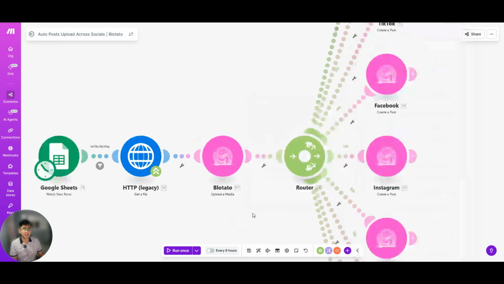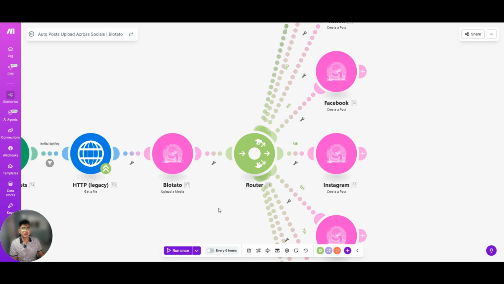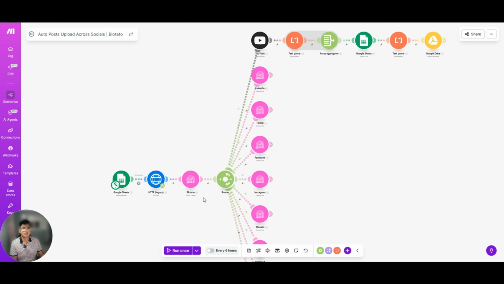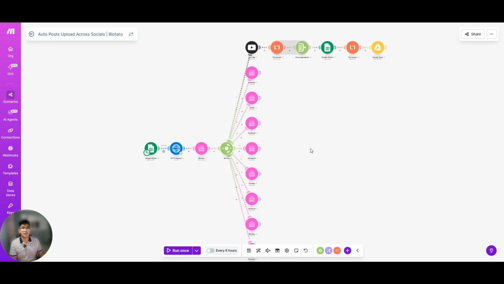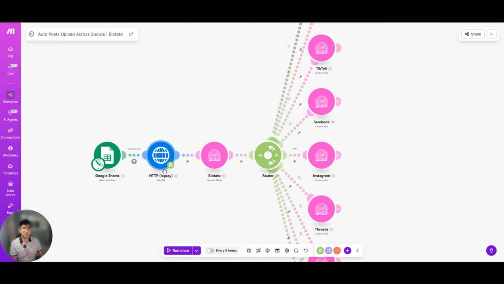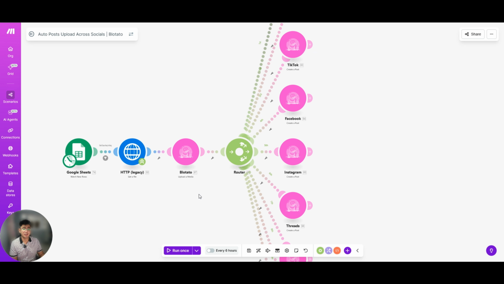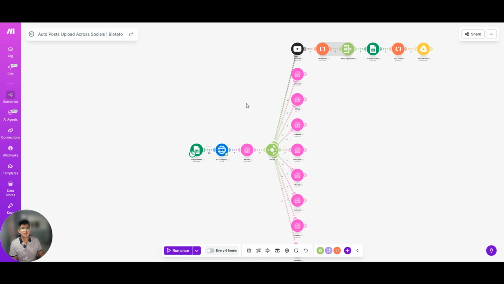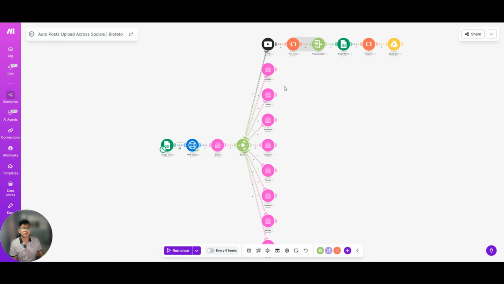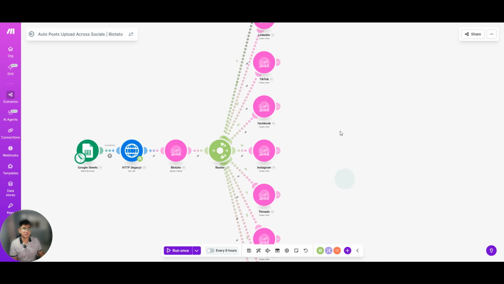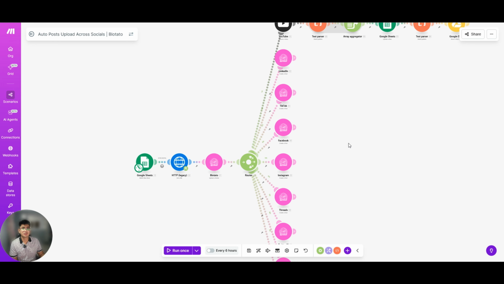And then after that, I use a router here which breaks the flow into multiple paths. So this is where the magic happens. So the same content downloaded from this HTTP module and uploaded to Blotato, we can reuse in these different paths, from the YouTube module across social media accounts.